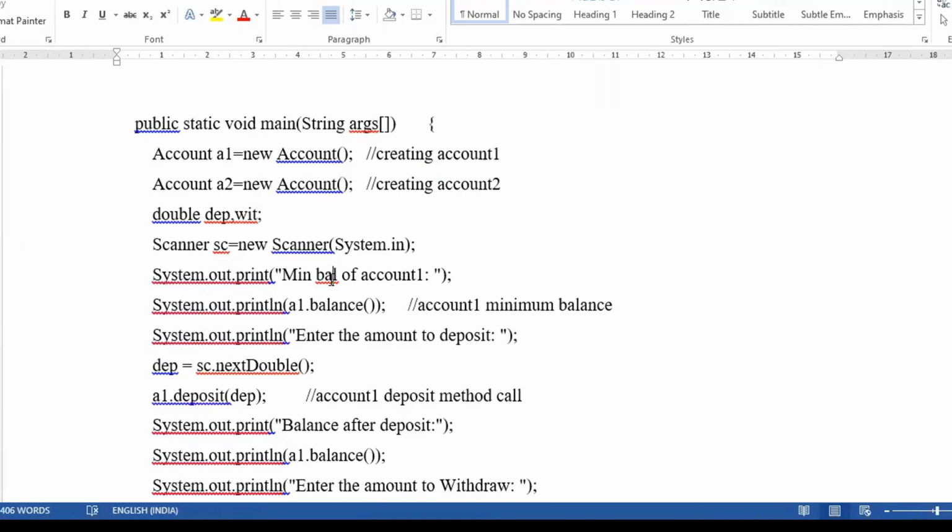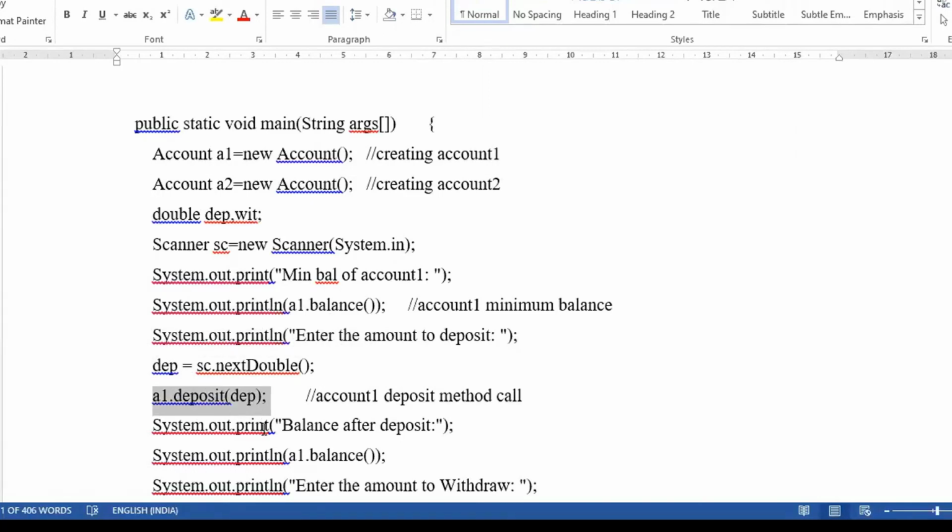Cross-checking the minimum balance and the present balance of your account. Enter the amount to be deposited. Whatever amount you enter will be stored in a variable called dep. While depositing, I have written a1.deposit(1000), but here it will not be a1.deposit(1000); rather, it will be whatever amount you read from the user.